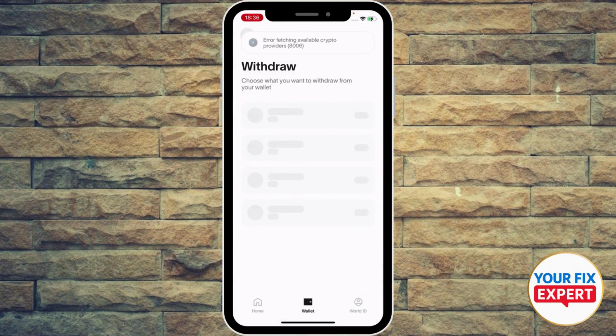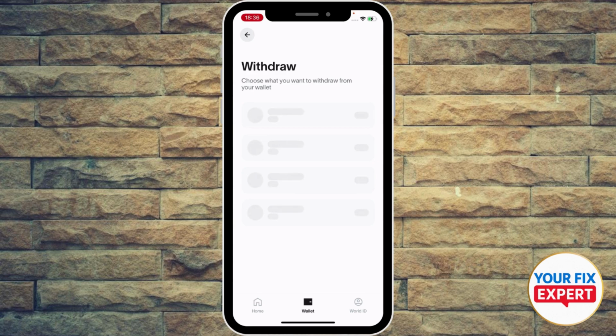And as you can see, because I don't have any basket of assets inside Worldcoin, I won't be able to choose the Worldcoin. But if you already deposited your funds and traded with Worldcoin, you're going to see the options inside the Worldcoin app, including the Worldcoin app. Select it and move on to the section where you will add the generated address